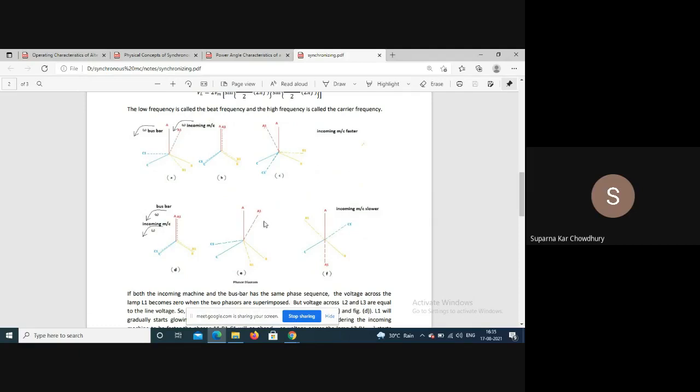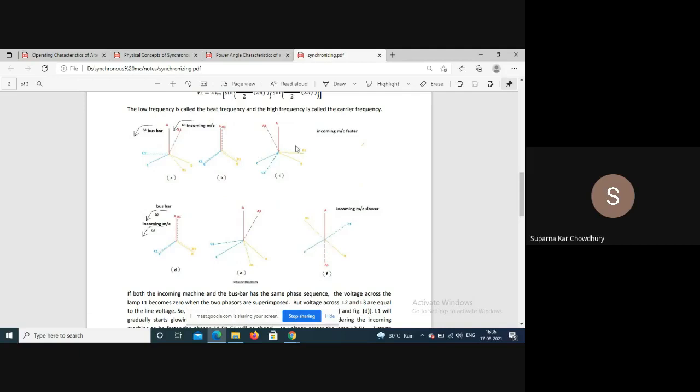will be lagging behind. So in both the cases, this voltage will go on increasing, but here the voltage between B and C1 was decreasing. Here you can see that B and C1 is line voltage, and here it is more than the line voltage. But the voltage across C and B1, that is decreasing. So that in this case also there will be one dark lamp and two bright, but the sequence in V and